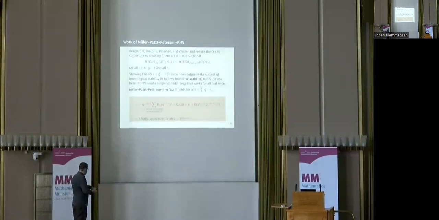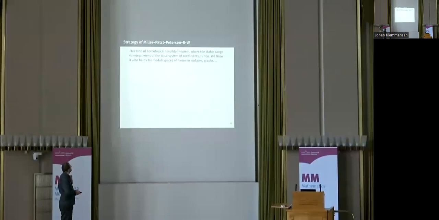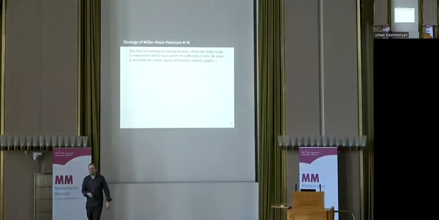Right. So in the last few minutes, I want to tell you a little bit about what goes into this. As I said, this kind of stability theorem, where the range doesn't care what the coefficients are that you're using, is sort of new. There's many results of the previous kind where it decreases with the degree of polynomiality, but there's not really so many where it doesn't. And we don't just do this example. We give a sort of general machine, which also applies to moduli of Riemann surfaces and moduli of graphs and moduli of handle bodies and various other things.